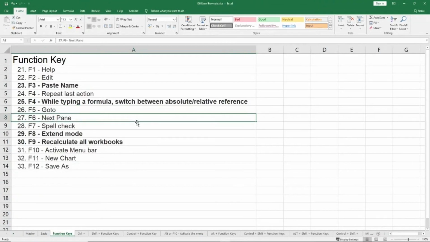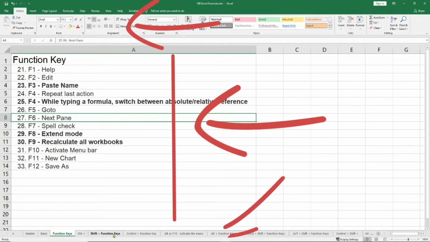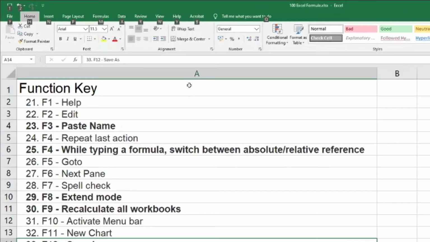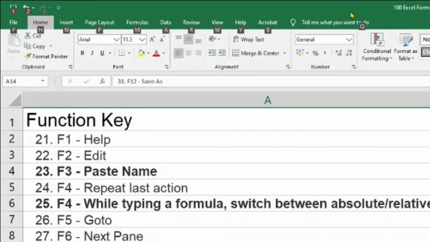So F6, go to next pane. Panes are basically not the body pane, but P-A-N-E pane. This is one pane, this is the main window pane, and this is the bottom pane. So if I press F6, you'll realize that I'm going to a different pane. Here now I'm clicking here, I've pressed F6, so it has taken me here.